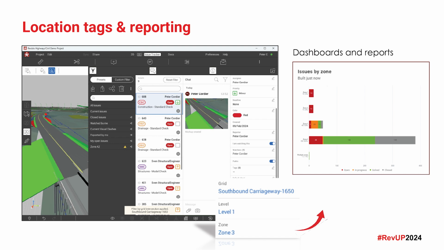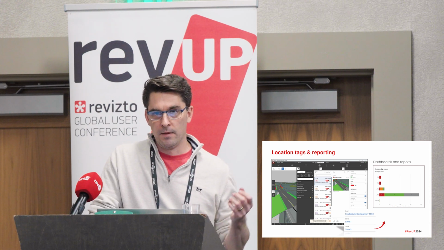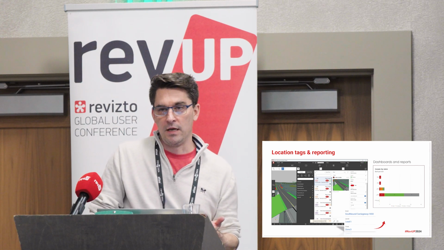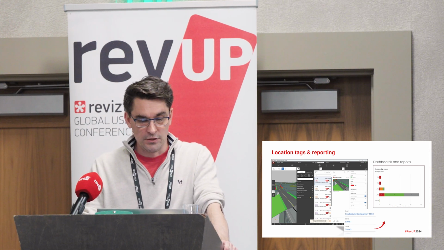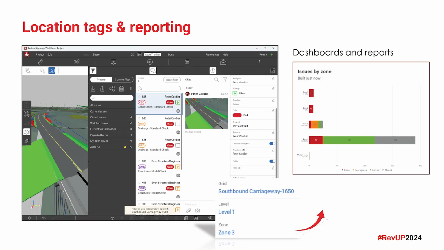So you have a grid intersection. For those of you, I'm sure everyone knows this, but I'll mention it anyway. When you have these things set up, so the grids and the zones, when an issue or a clash issue is created, Revizto knows where that issue lives, basically. So the location data is automatically pulled from that. It's not a manual process, and it's massively powerful, not just to filter all of your issues according to which grid it might be on,